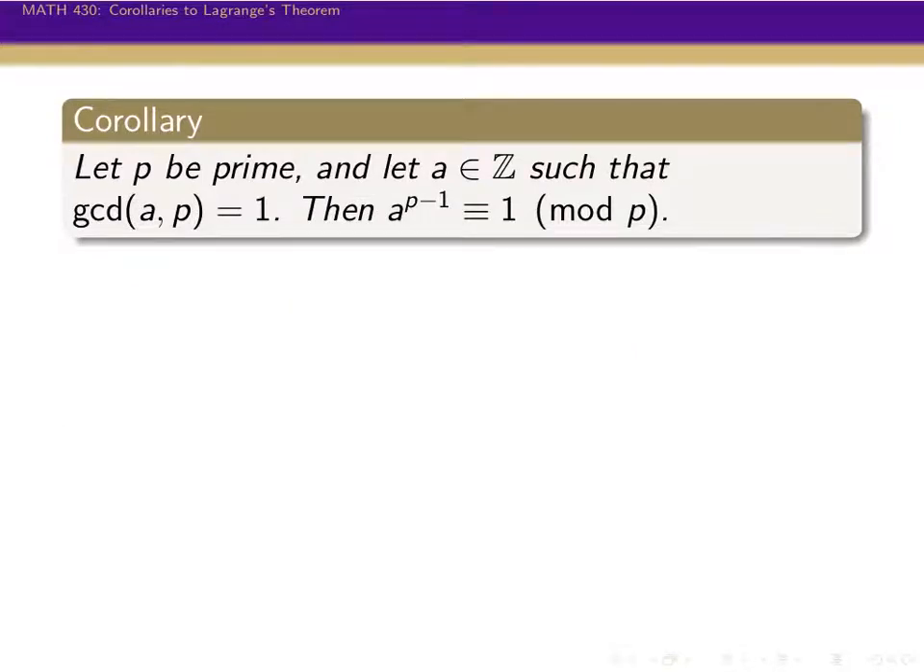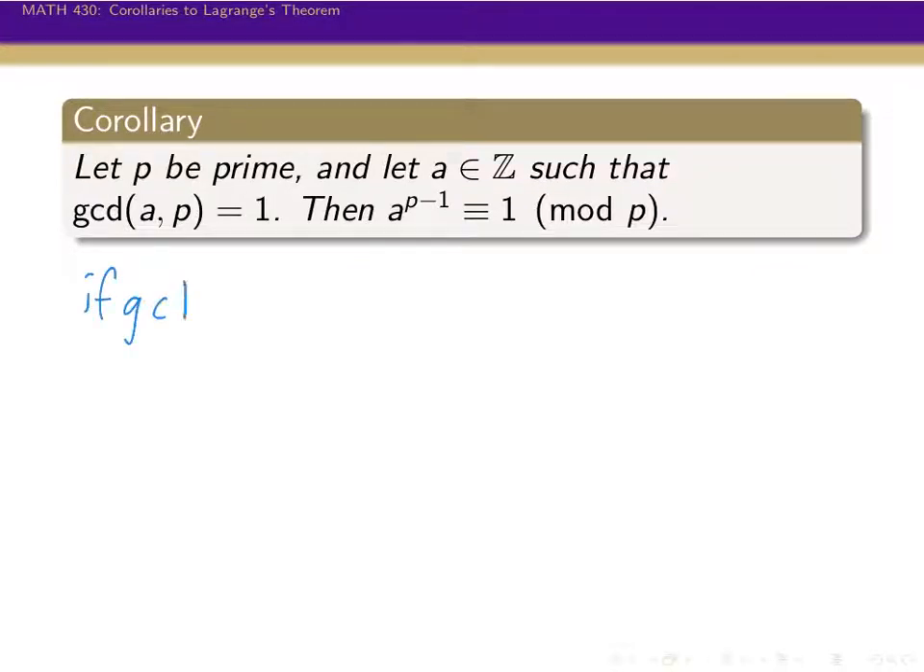Okay, going along this way, let P be prime and take any integer A that is relatively prime to P, then if you raise A to the P minus 1 power, you're going to get something that's congruent to 1 mod P. Again, this is using Lagrange's theorem, and the idea is that